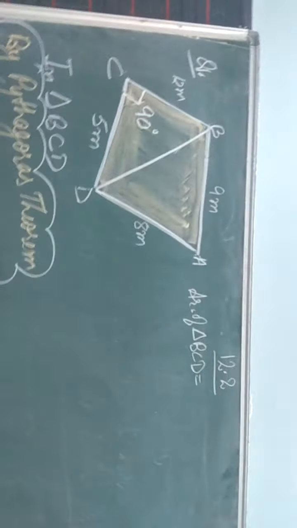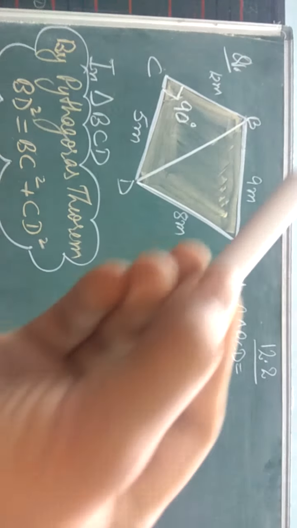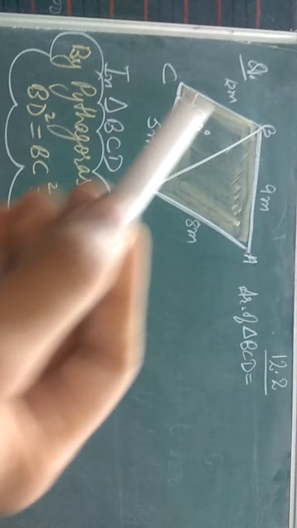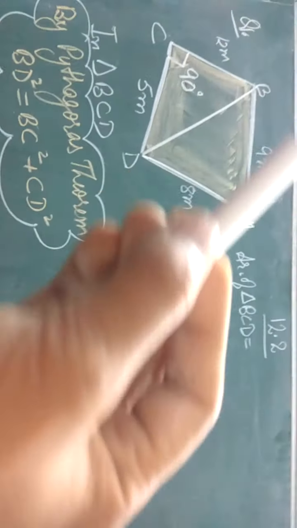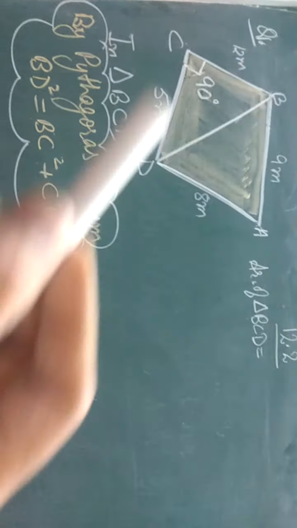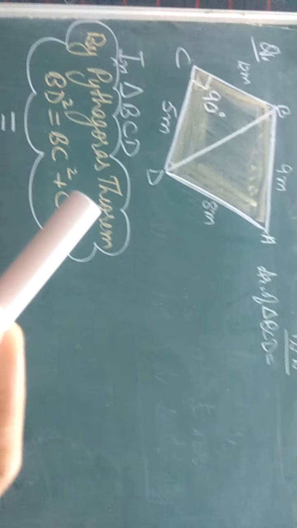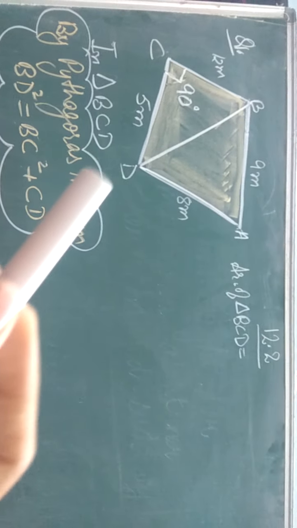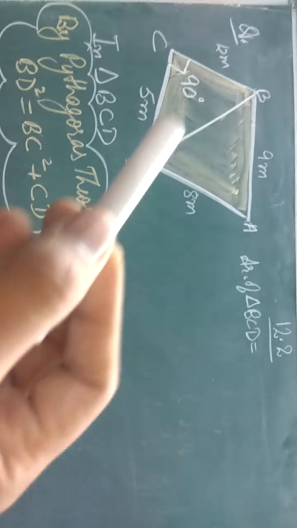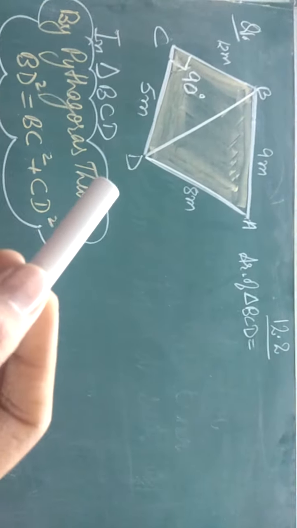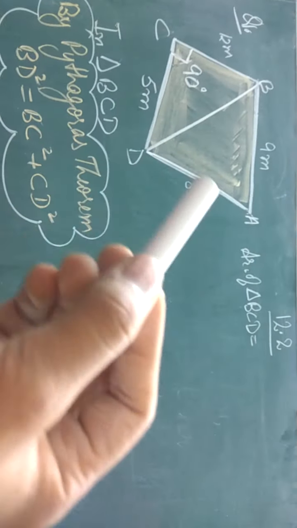So now dear students, in our question, quadrilateral ABCD is given to us, whose all the four sides are given and one angle 90 degree. But the particular type of quadrilateral is not mentioned in the question, whether it is a rectangle or square or trapezium, parallelogram, etc. So we can't use any formula for this quadrilateral. So to calculate the area of this quadrilateral, we have to join a diagonal so that the quadrilateral will get converted into two triangles.